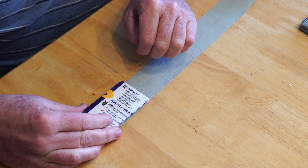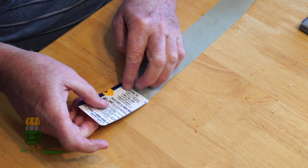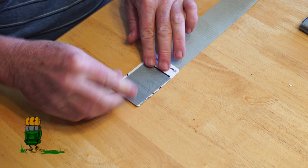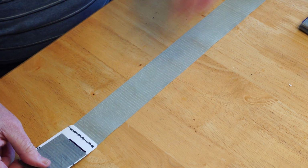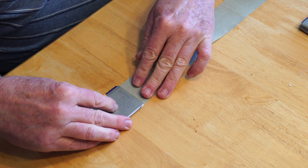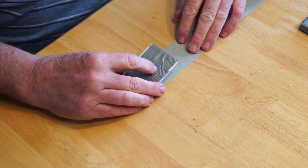Press down, and then we're simply going to start folding this up. And you want to take your time on this. There's no big rush. You don't have to hurry on it. Get it picked up here, and you just keep folding this over upon itself, and basically you're using that piece of junk mail as a flat core